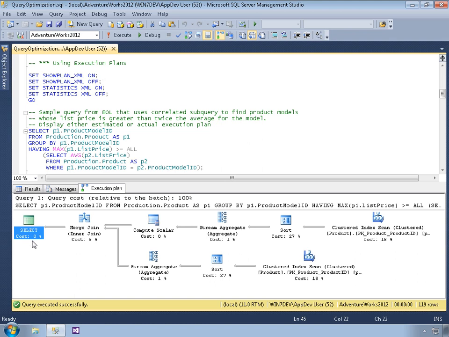That's what that cost: 0%, cost 9%, cost 1%, cost 27%, and so forth. So those are the relative costs of each of those operators for all of the operators within the plan. And they all add up to 100%. In fact, you can compare multiple statements simultaneously by executing for an actual plan or displaying an estimated plan, and it'll show the relative costs between the two queries as well. But in this case, I only had a single query highlighted,